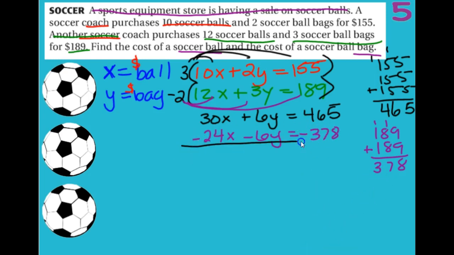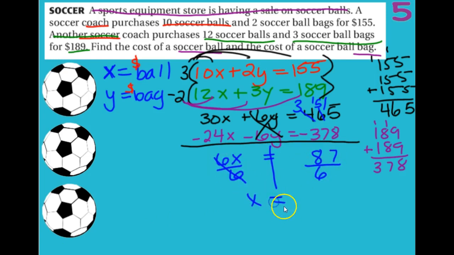So now, combine together. 6 minus 6 we know is going to go away. So over here we have 30x minus 24x. Well, the difference between 24 and 30 is 6. And then we're subtracting here. I can't subtract 5 minus 8, so I'm going to borrow, make that a 5. 15 minus 8 is 7. And then we have 5 minus 7, can't do that, so I'm going to borrow from the 4. So we have 15 minus 7 is 8, and 3 minus 3 is 0. So then divide by 6,